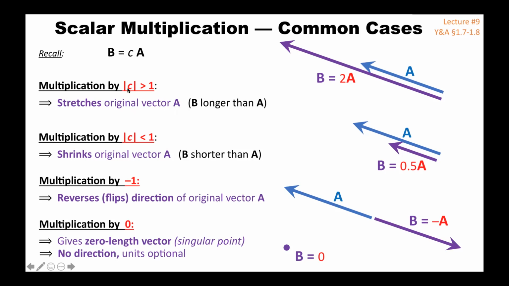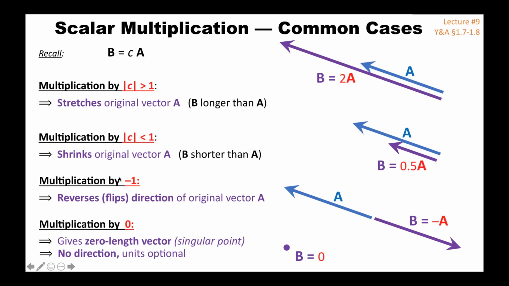Now, again, if the scalar has some sort of units, like kilograms or 1 over seconds, for example, then B will of course be a totally different animal than A. If A is a displacement, B might be a velocity. So it doesn't really make any sense for us to say something like this. However, if the scalar is a pure number,